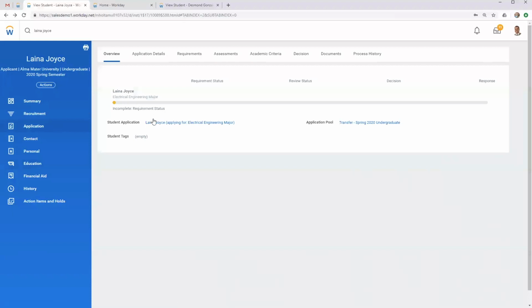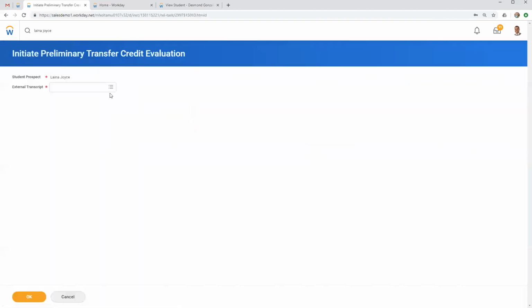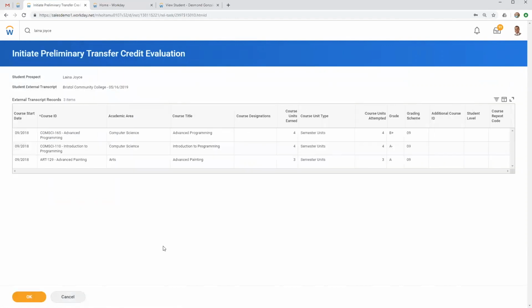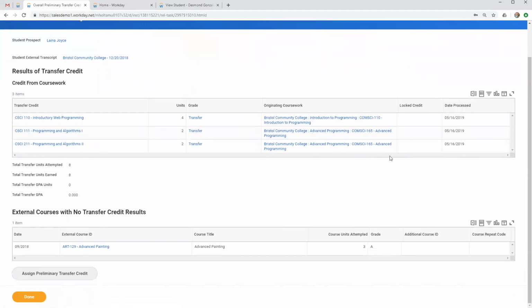is, from her application, if we're doing this as part of application evaluation, I'll come in and initiate that preliminary transfer credit evaluation. We only have one transcript on file, but we could do this for as many previous transcripts that we've received. And there are those 3 classes that Lena had taken at Bristol Community College. Let's move forward, and I'll show you that because of our internal transfer rules that I've already mapped, Lena's going to receive credit in a one-to-one way for her intro to